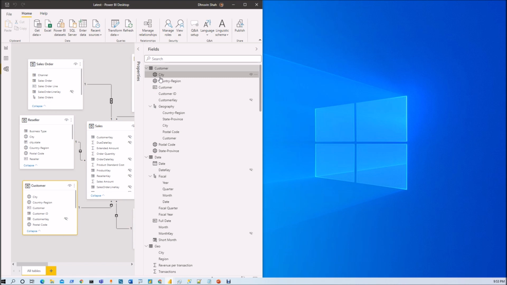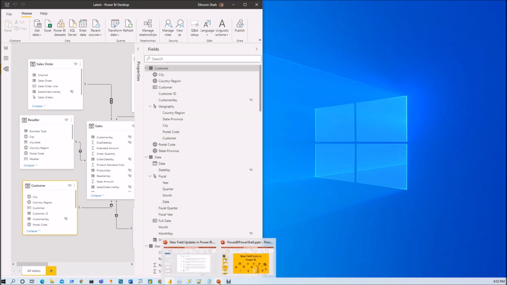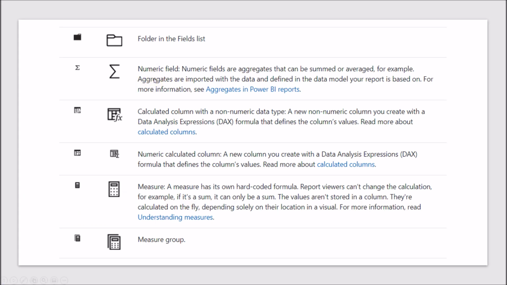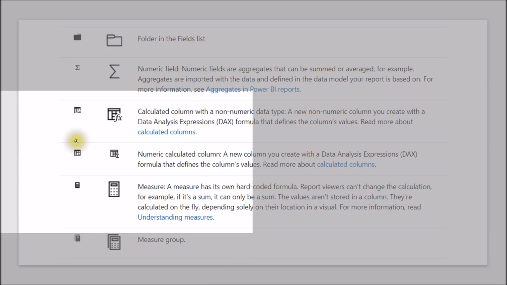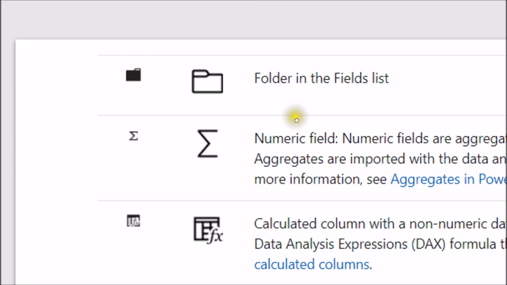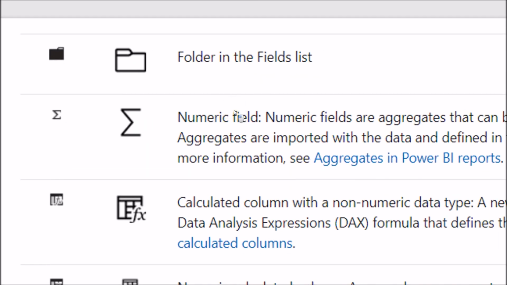Now let's talk about the different types of icons. Let me show you that from the PowerPoint presentation deck because it is more of a theoretical concept. So I have taken this screenshot from the official Microsoft blog. I will provide the link in the description box so you can check it from there as well. So now let me talk about each individual icon here. Let me just zoom in on my icons so that you can see them better.